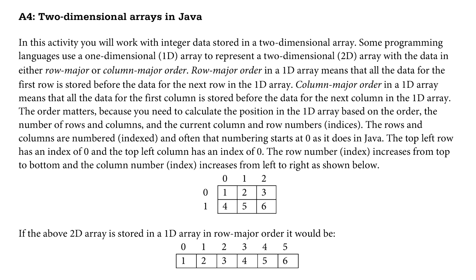In this activity, you'll work with integer data stored in a two-dimensional array. Some programming languages use a one-dimensional array to represent a two-dimensional array, with the data in either row major or column major order. Row major order in a 1D array means that all the data for the first row is stored before the data